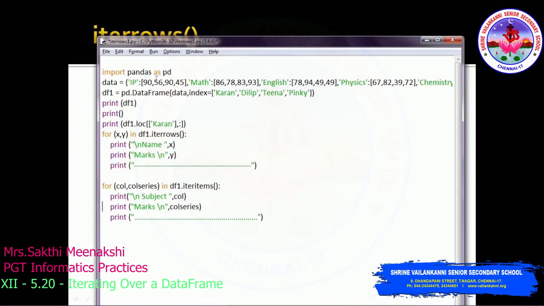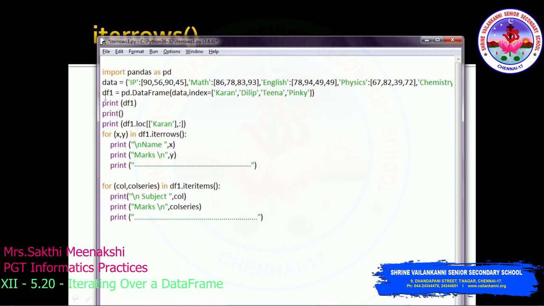Okay, so here we have the data frame. This data frame has name and mark. So we have only 4 records here. So why do we need these iteritems and iterrows methods? Because see, we have only a smaller data frame now. We have only 4 records. It's easy to fetch the values using this loc method itself, right? So consider a data frame where we have some 100 records or some 500 records. There it is not possible to give an individual loc command to fetch each and every value. For that we can use the for loop.